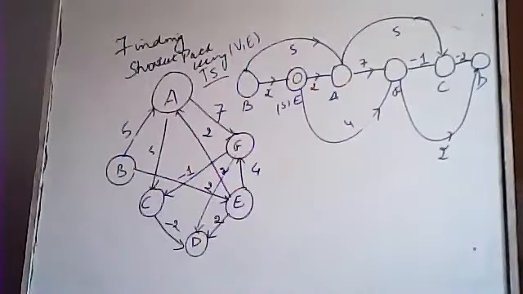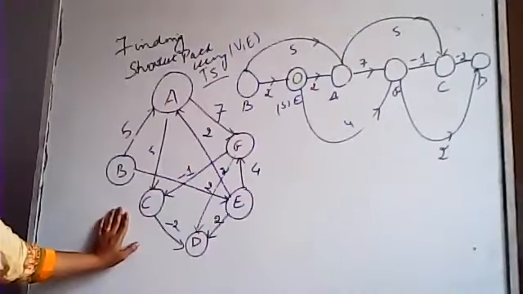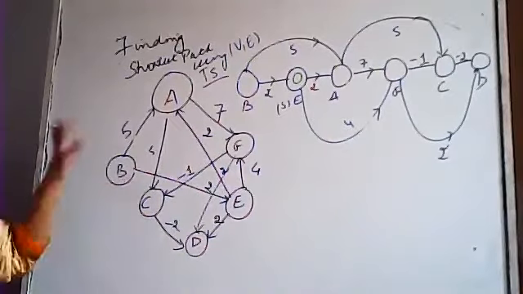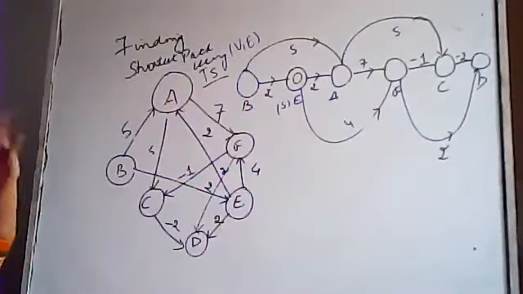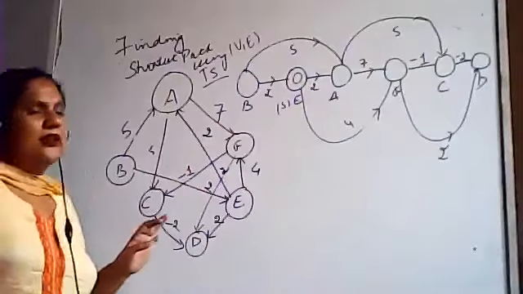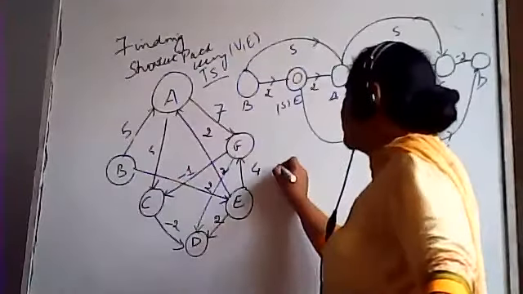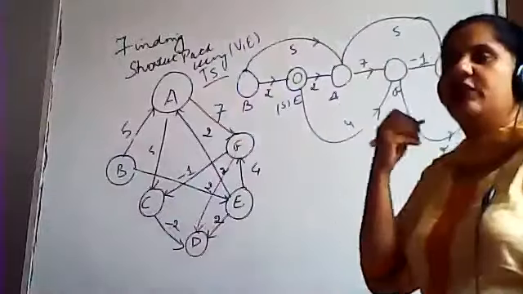Okay. This graph is given to you along with the weights. Then you will make the topological sorting of this graph, and this graph is similar to the graph which we have done previously. Only the weights of edges have been added, otherwise nothing is different. Then you have just made the topological sorting. If we make the topological sorting, what would be the topological sorting? You will do it with me.